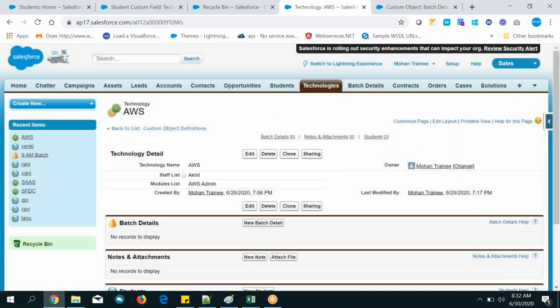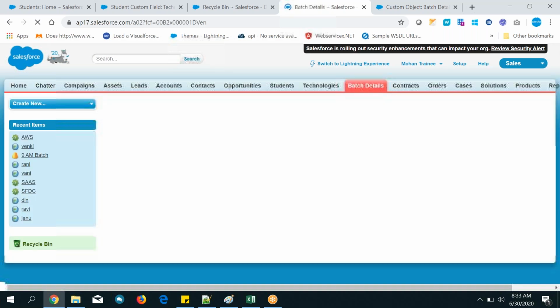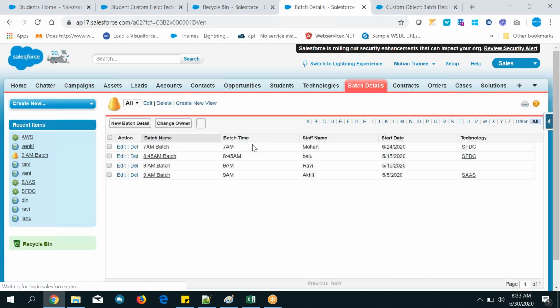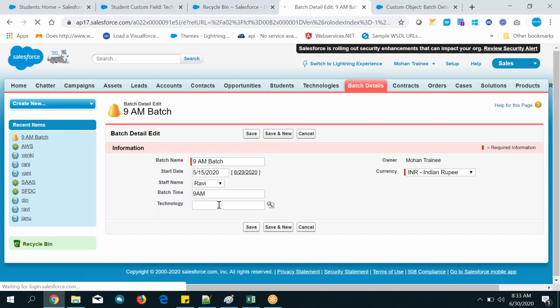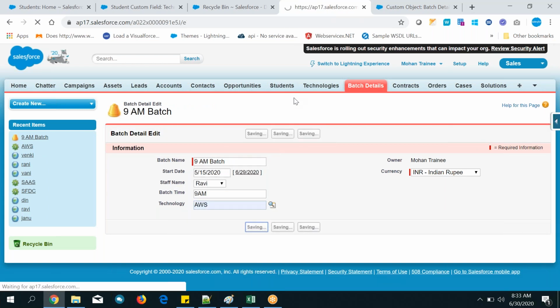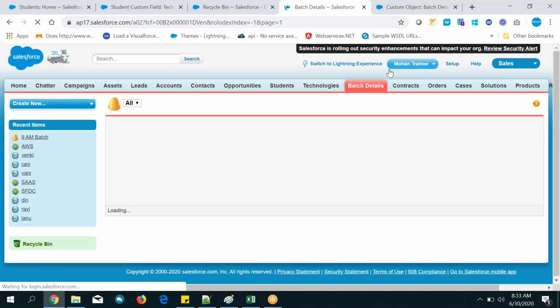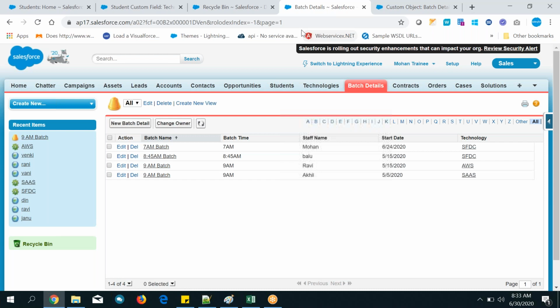Oh, I have not added, right? Go to batches. This is what AWS, right? Edit it. First, let me fill the technology, save it. Now we are good. Okay, now go to each student.